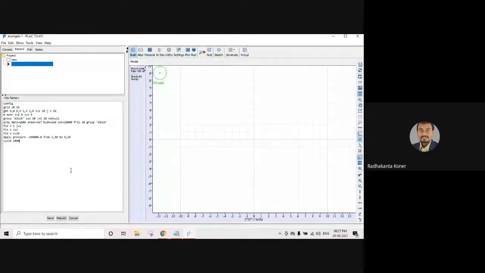In my last class, if you remember, in FLAC or any finite difference based method, we calculate in a localized manner. So 100 calculations will be done, because on each grid my calculation runs independently, not on all grids simultaneously. One grid completes, then the next grid, and so on. So we have a computation of 100 grids.